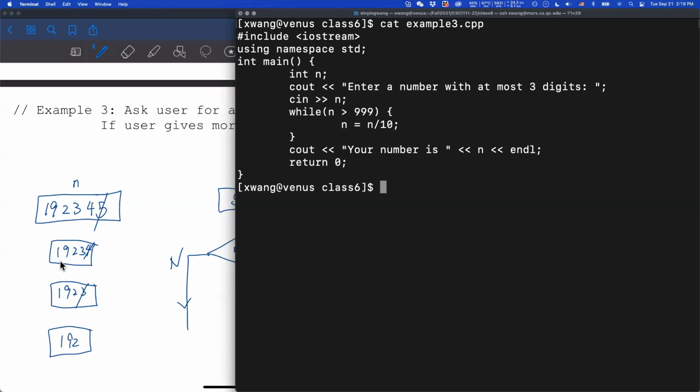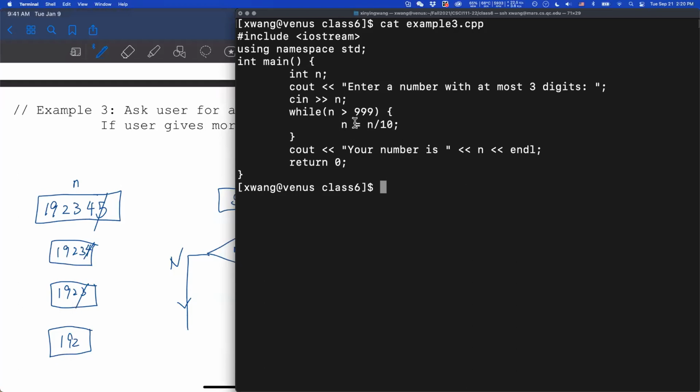You have 19234, 5 digits, greater than 999. So you will go into the loop and get rid of the last digit. Now your number is 1923. So you go to the question again. It's greater than 999, so get rid of the last digit. Next you have 192, right?